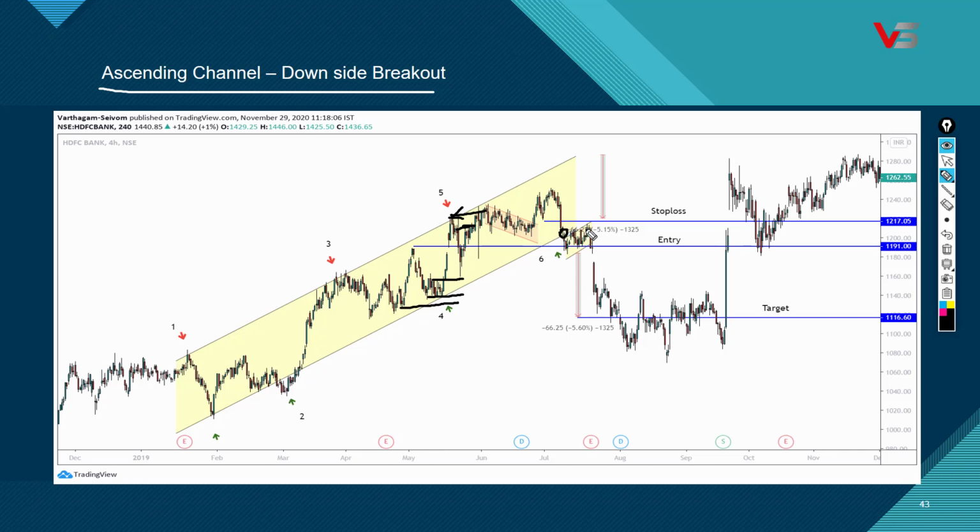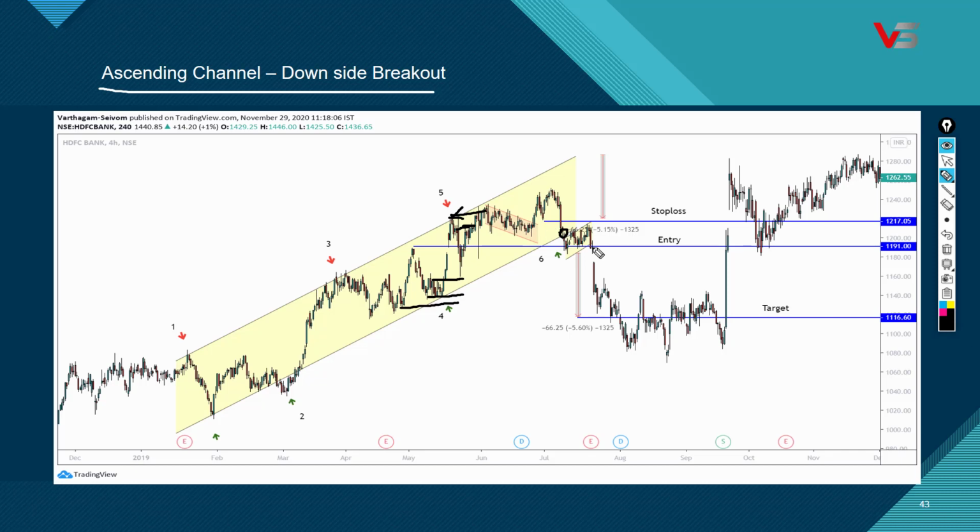So once the channel breakout happens, we should enter. What is the entry level? See, here I have drawn the next support level where the price can test. See, here there is continuous retesting, and then finally it gives the breakout. We should take the entry here and place the stop loss above this candle. If you place the stop loss here, your stop loss will not hit. If you place the stop loss here, your stop loss can hit. It is always better to take the stop loss inside the channel based on the previous candle closes.